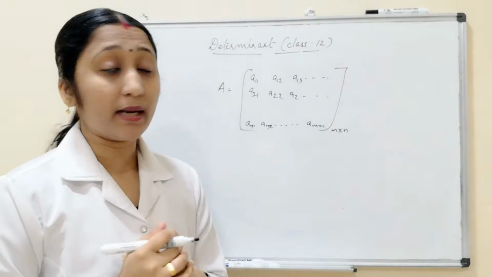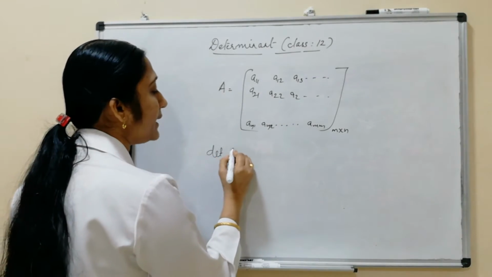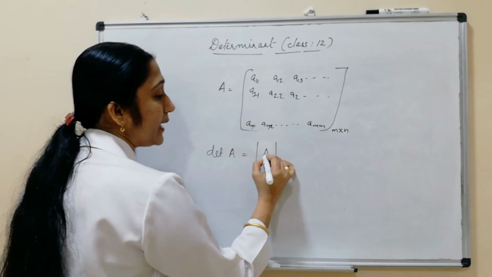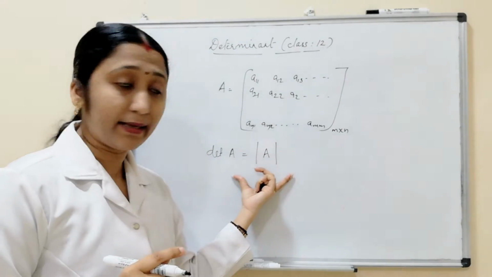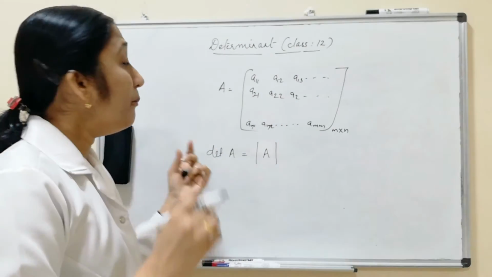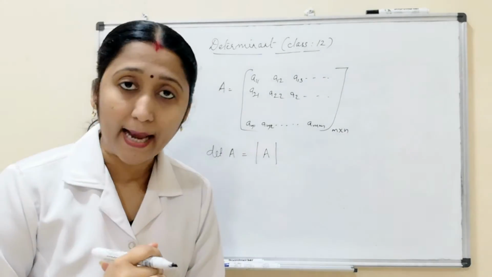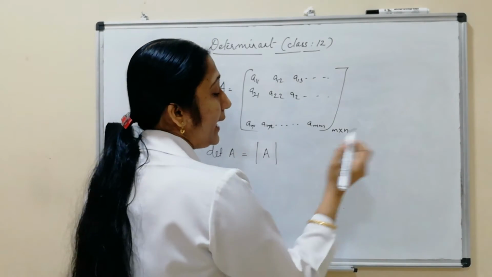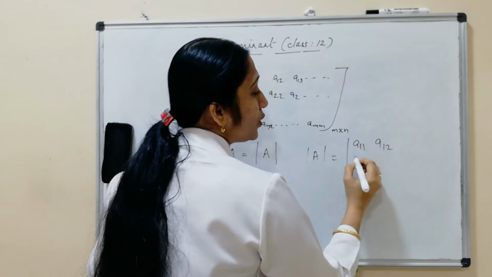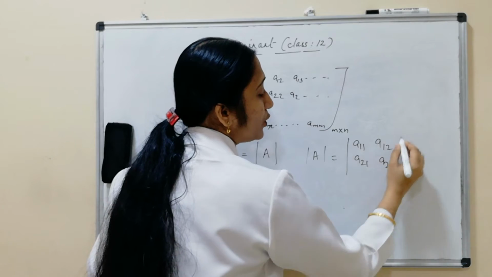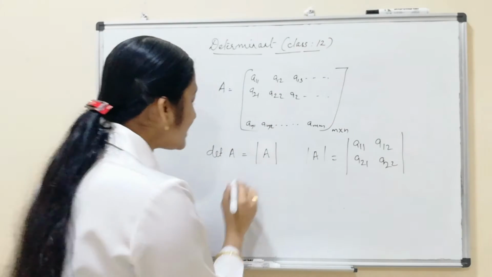In the case of a determinant, how do we express it? This is determinant A, not modulus. This is the notation of a determinant. A matrix has no value, but a determinant has a value. For example, determinant A is said to be A11, A12, A21, A22. This is an example of a determinant, with 2 rows and 2 columns.